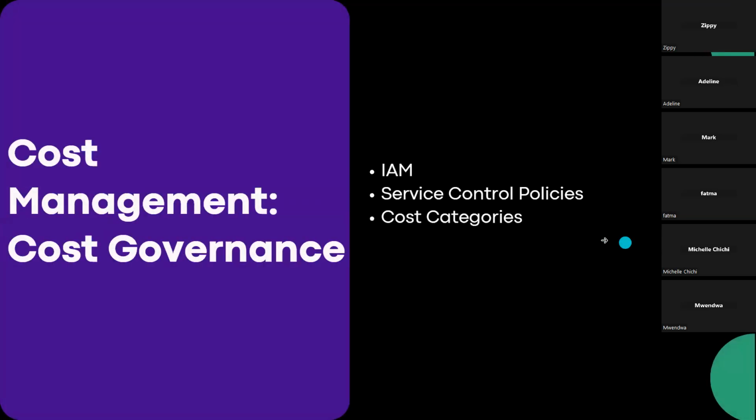Next bit is on cost governance. Governance is not so much directly related to cost, but more on the factors of cost. A good way to understand this is, we've all heard of these reports where there's been quite a spike.